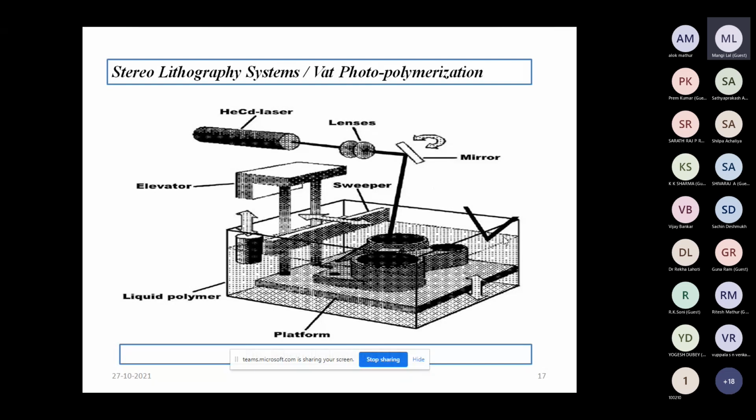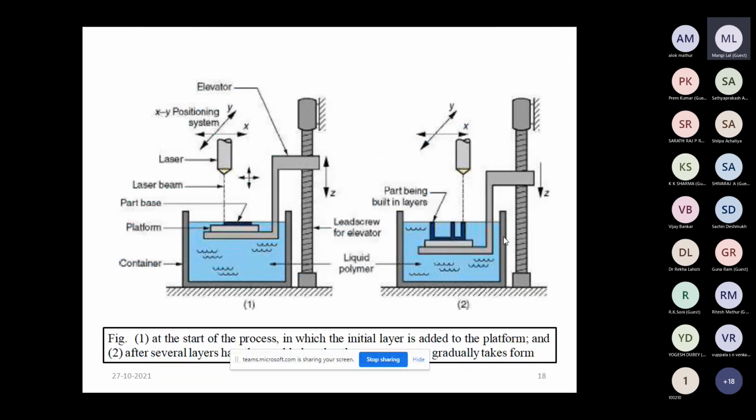Now this is another configuration, figure A. In figure A, we can see that the first layer is formed upon the platform, and the laser works in the X and Y direction, and in the Z direction the part is formed with the help of a lead screw for the elevator. It means the platform works in the Z direction, and the laser works in the X and Y direction.